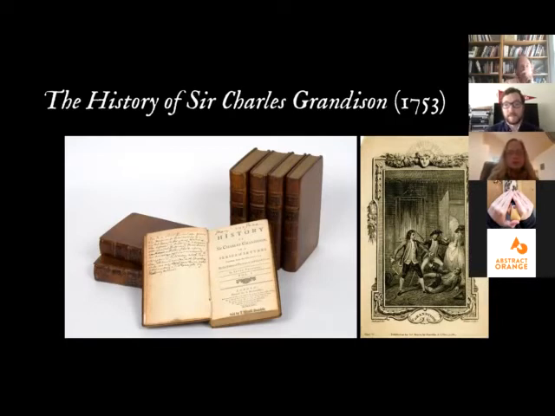Despite Harriet's infatuation, however, Sir Charles makes no advances, and because of the epistolary frame of the novel, we're not always really in his head, and we're not quite sure what he thinks about her. We get more of her stream of consciousness, writing about her emotional state back to friends and family members. So eventually, though, he reveals to Harriet that some years before, when he was first abroad in Italy, he